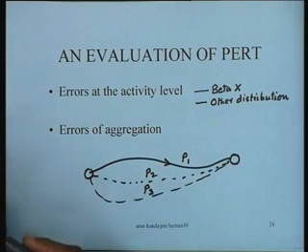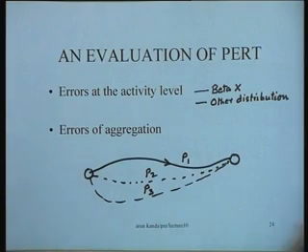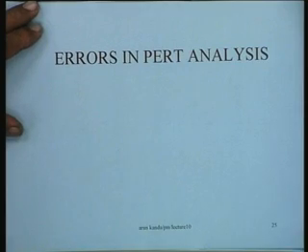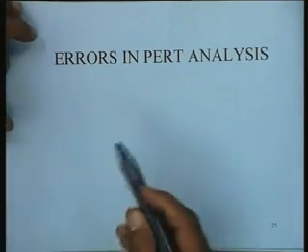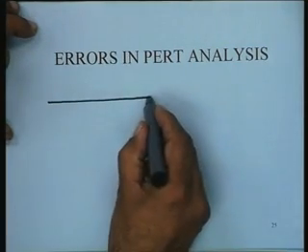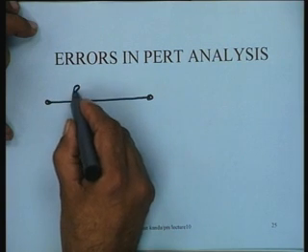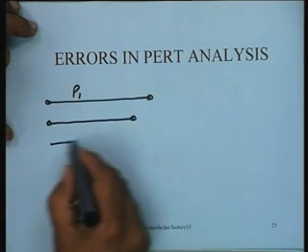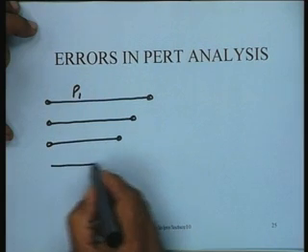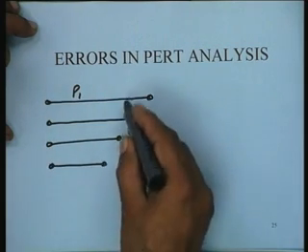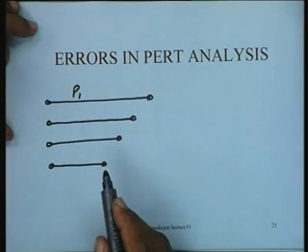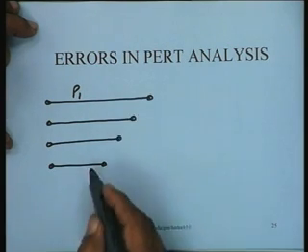So if we look at these various paths, what would their distributions look like? For instance, they would look like this. You have the critical path, which is P1, you have a path which is slightly less than this, and other paths. If you have the paths in descending order of their lengths, and these are all paths going from source to sink, the critical path is the longest path.